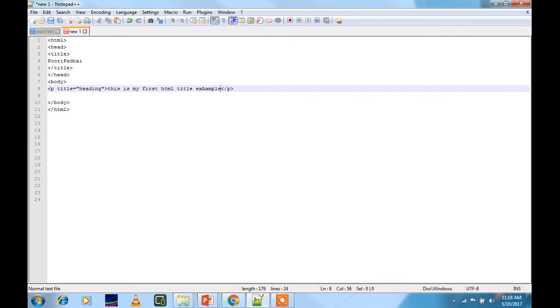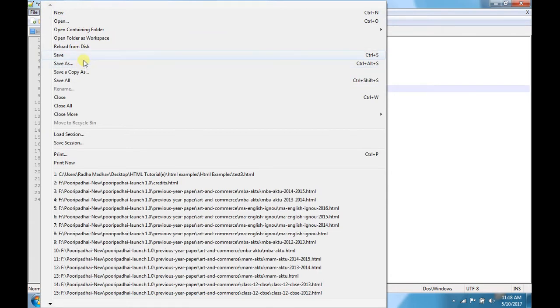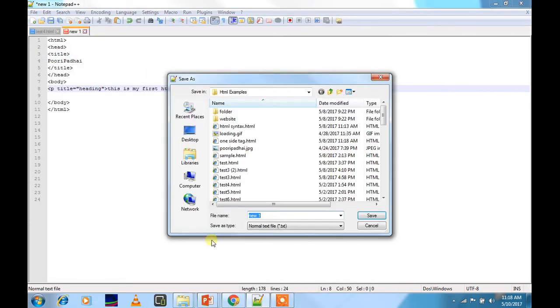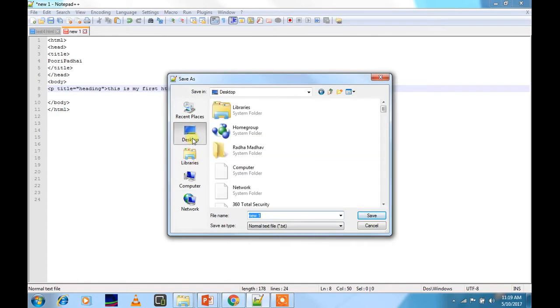Okay, so now we are going to save this code. We have to go to File, click Save, and then we can save. I will be saving it in a particular folder which I have created.